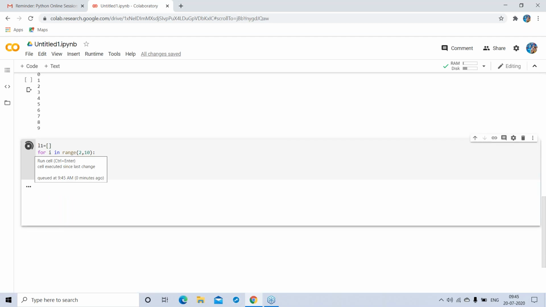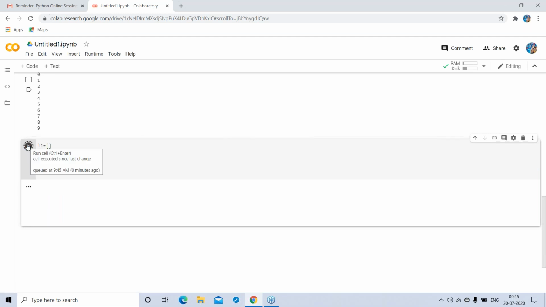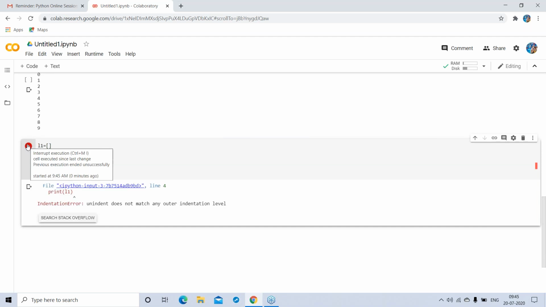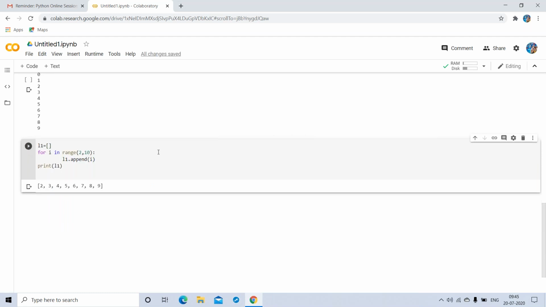One more backspace is required, at the level of the for loop, where the for is. Got it, Tejasvi? Yes, sir.